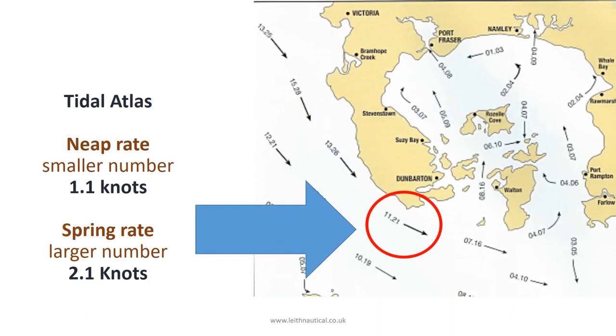The tidal atlas gives us a visual overview of the set and rate of the tidal streams in the area in which we are sailing. The arrow gives us the set or direction of the tidal stream, and the numbers give us the rate of the tidal streams. In the example here, the neap rate